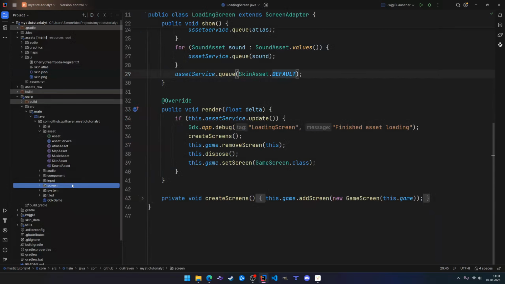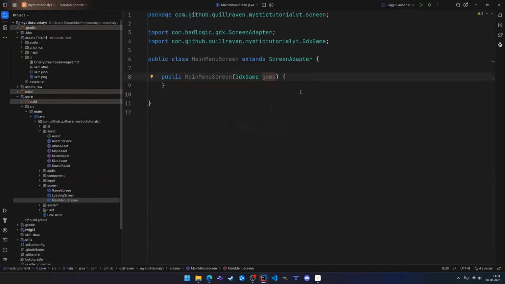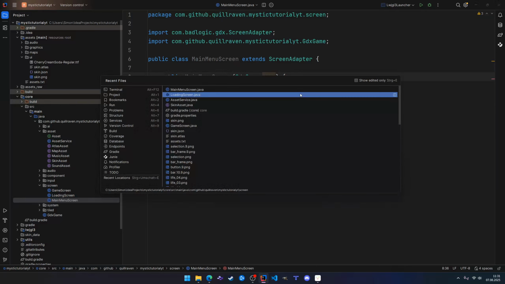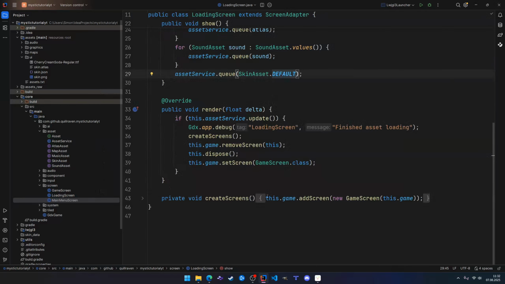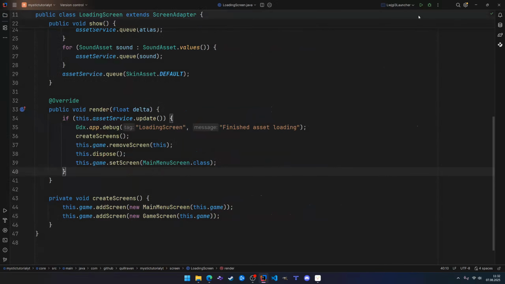Now we introduce a new screen. For now, it's just an empty one. Let's call it a main menu screen, which takes the game instance as a constructor argument, similar to the game screen. And in the loading screen, we add the main menu screen. And when we are done with the loading, then we switch to the main menu screen instead of our game screen. And yeah, so if everything is working,